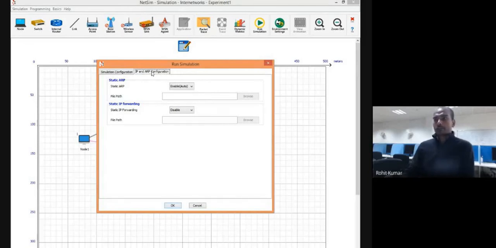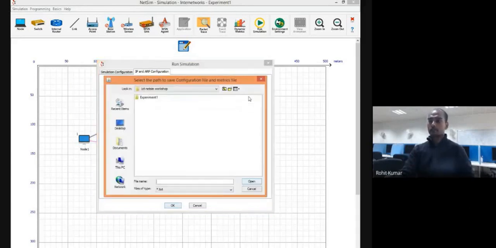Okay, so you can configure here. What is the simple configuration? Either enable or disable. Now disable, okay, fine, it will not work. But if you want to enable, again there are two options. One is auto, which means it will automatically take care of this particular protocol, and the other is file, which means that if you want to enable this protocol but configure it yourself in your own way, then you have to give the necessary file. You need to give the protocol description in a particular file,